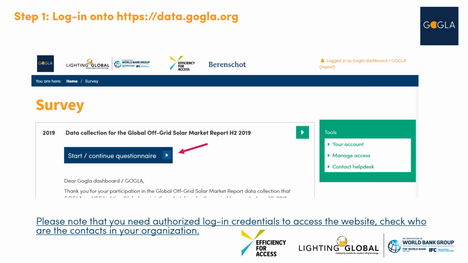So while one company can have multiple accounts for multiple users, you cannot work on the questionnaire at the same time. If you are filling in one part of the questionnaire and your colleague will fill out something else, please be sure to log out, and then your colleague can log in and continue the work. It's quite important to keep that in mind. It's one of the main causes of problems that people run into.